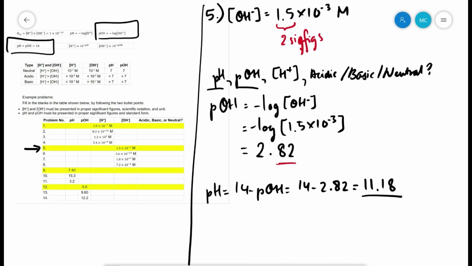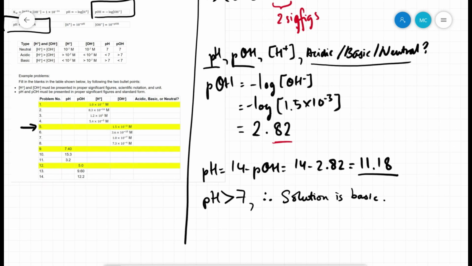Now, once you have the pH, you can figure out if the solution is acidic, basic, or neutral. So pH is actually greater than 7. Therefore, the solution is basic. Okay, that's done. We will move on to figuring out the concentration of H plus. So there are 2 methods for this. So method 1 is